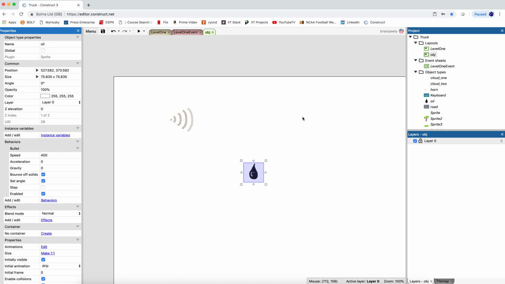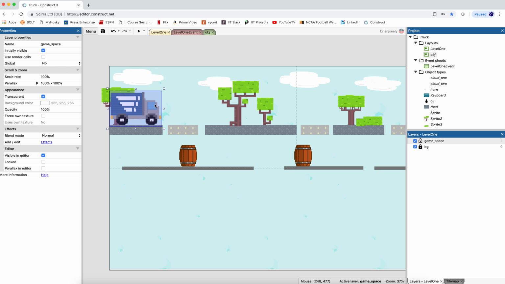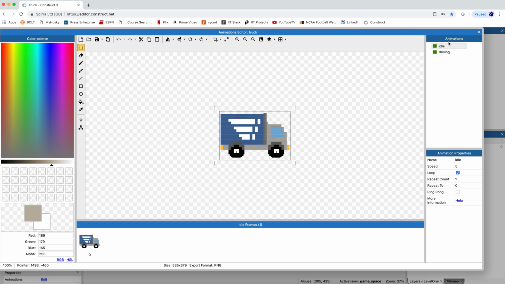But ultimately, the idea is that you create this on a separate layer, or are we calling them layouts? So it's going to be kind of your library of objects. And the reason for that is because I don't want it to appear on my level. I only want it to appear when I enact some sort of shooting, right? So to do that,